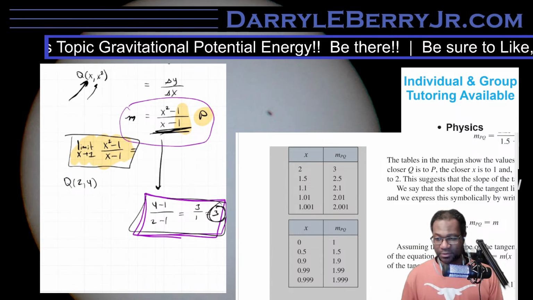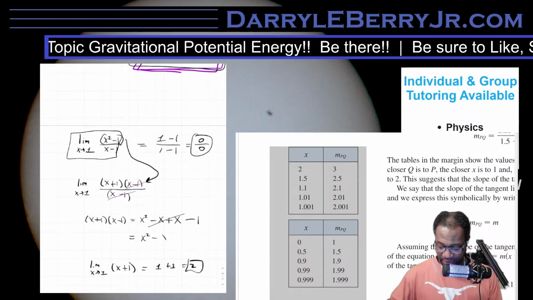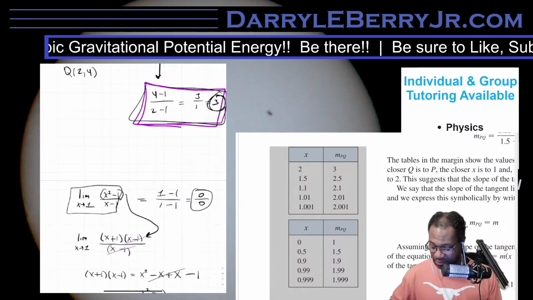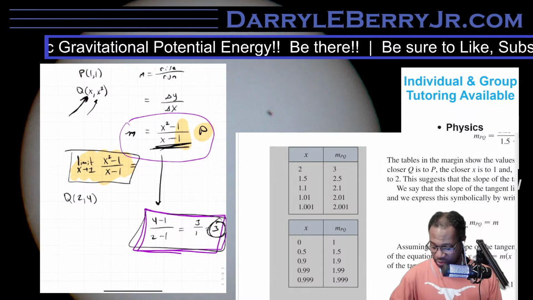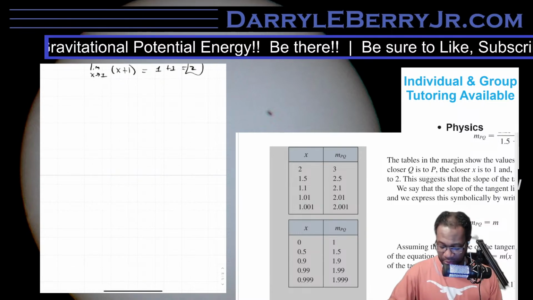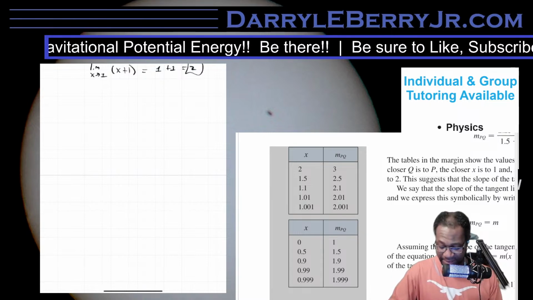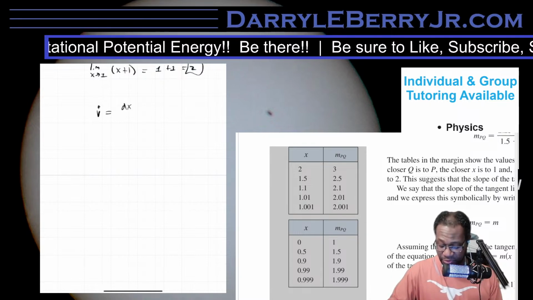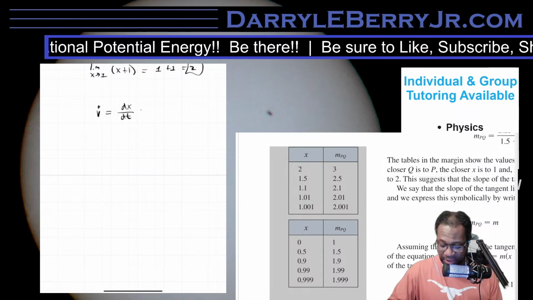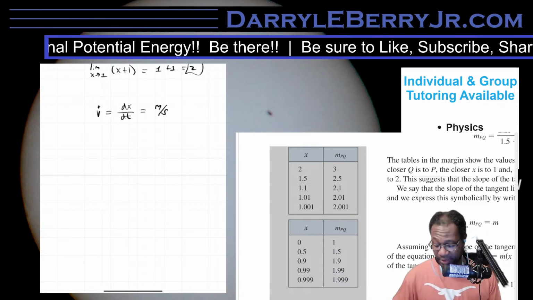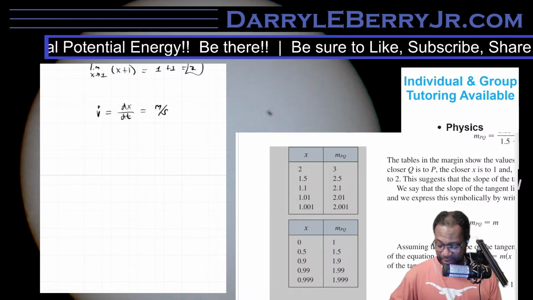Now, the way this relates to derivatives, if we look at for instance, the rise over run, we showed that it was the change in y over the change in x, right? Well, if you have something like velocity, that's basically the change in position over the change in time. That's why it's always like meters per second or miles per hour. There's some kind of distance over time.